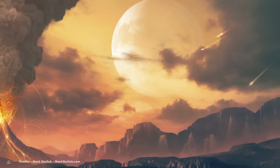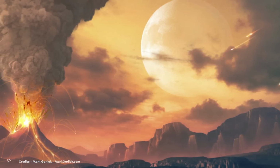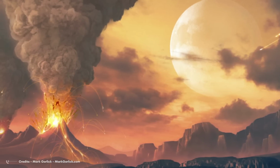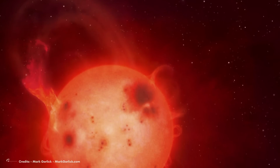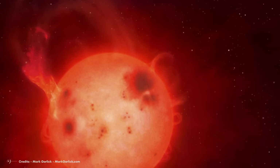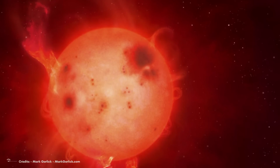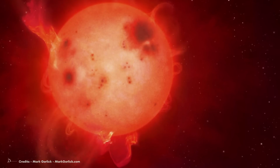Fast forward a bit and the Alps and Himalayas were born, thanks to the continents drifting apart. The world was a lot hotter back then, with the Arctic feeling more like the Amazon rainforest than frozen tundra. Meanwhile, just 27 light years away, a tiny red star called AP Columbae was getting its start in life. This little guy is only 1/3 the size of our sun, but it's still glowing strong and in its pre-main